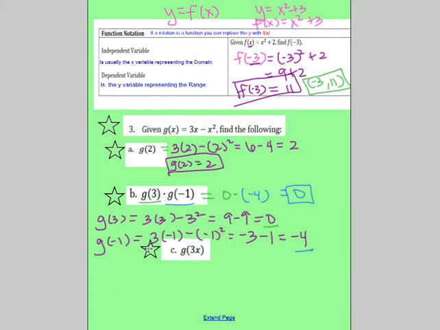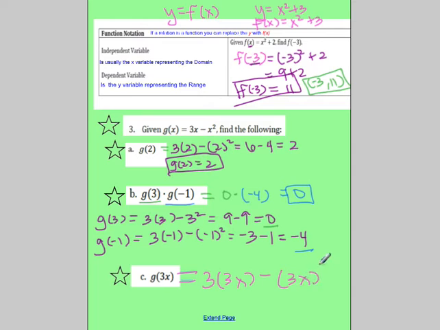We need to find g of 3x. Okay, so this one looks a little more confusing because it has that x variable in it, but we're going to just go ahead and, wherever there's an x, once again, plug in a 3x. So we have 3 times x, so it's 3 times 3x minus my 3x squared. 3 times 3 is 9x minus, now I have to square each part,